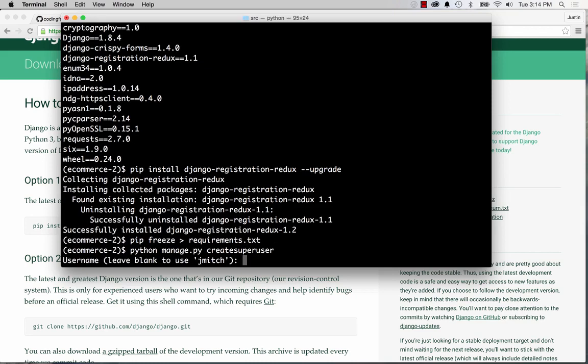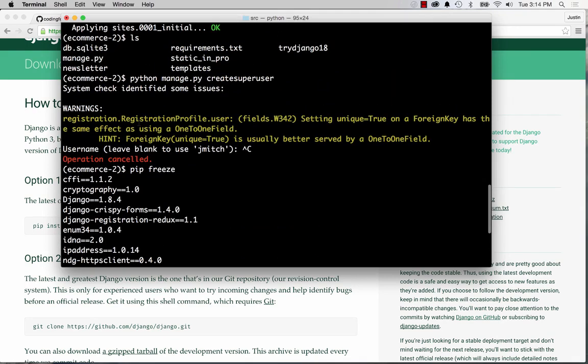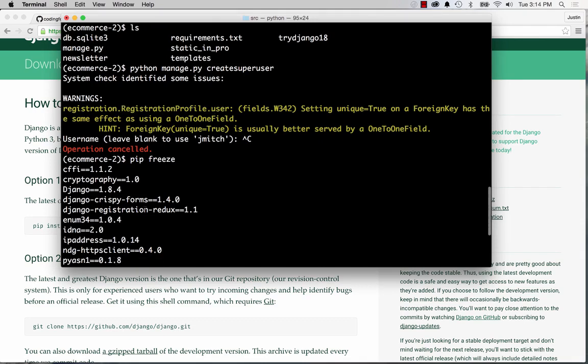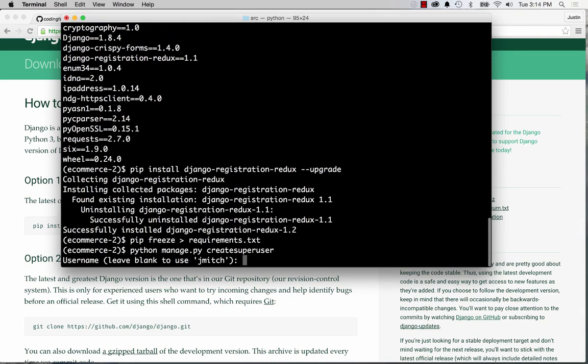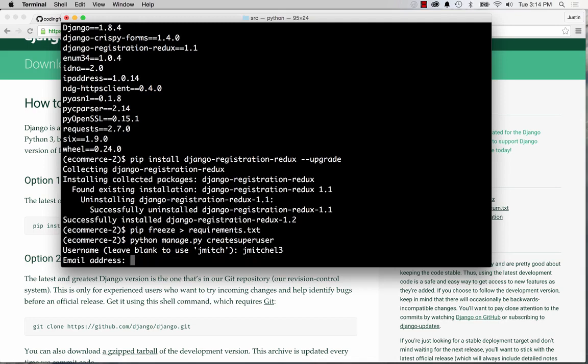Now there are little things like this that do happen from time to time, and you might not know exactly what to do. I just knew that this had to do with registration, so it had to be something along the lines of what we did with registration, which was Django registration. That's what we did in Try Django 1.8, of course. All right, so that's kind of how you do that. Of course, if you have any issues with those types of things, let us know and we'll take a look at it. So I'll make a username and I'll use jmitchell3